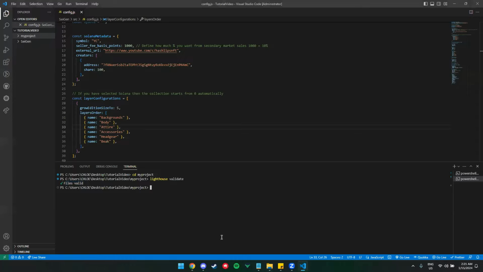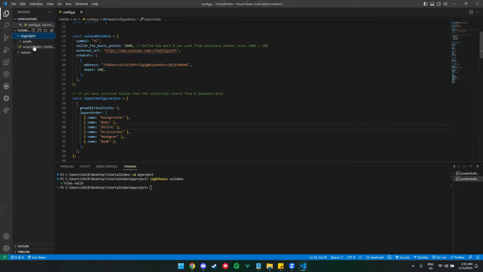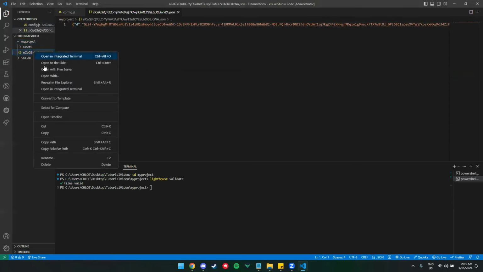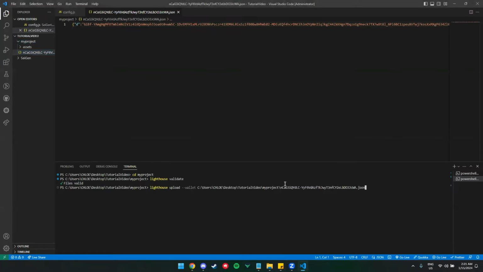And by uploading code using the guide, so technically this is the code on their website, and you just need to change this using the path of the wallet, which you can just copy, and then I'll be pasting it here, and then I'll just copy that and paste it here.